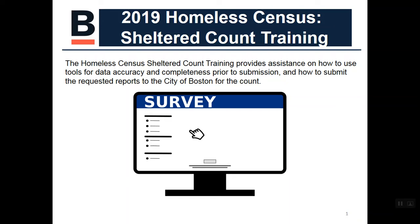So just a quick little reminder, the annual homeless census is the one night when we get a really true count of the homeless population in the City of Boston. It is the one night when all homeless shelters, even those that don't report into HMIS, report their numbers to the City of Boston. And as a reminder, as you are capturing your clients who are in your programs